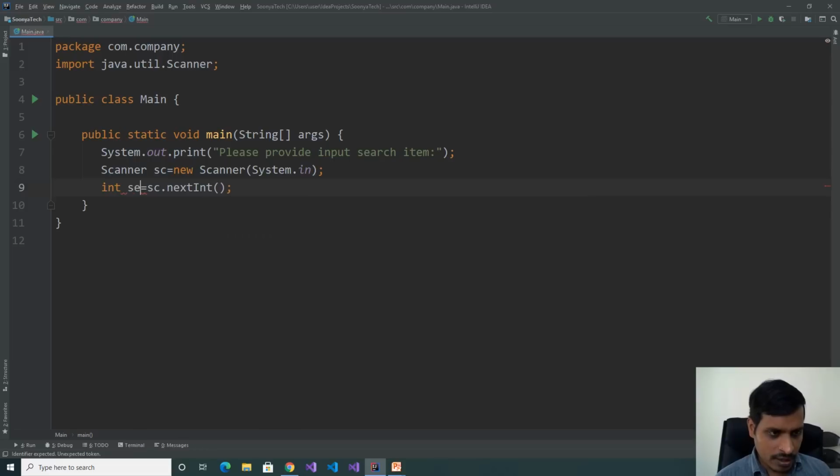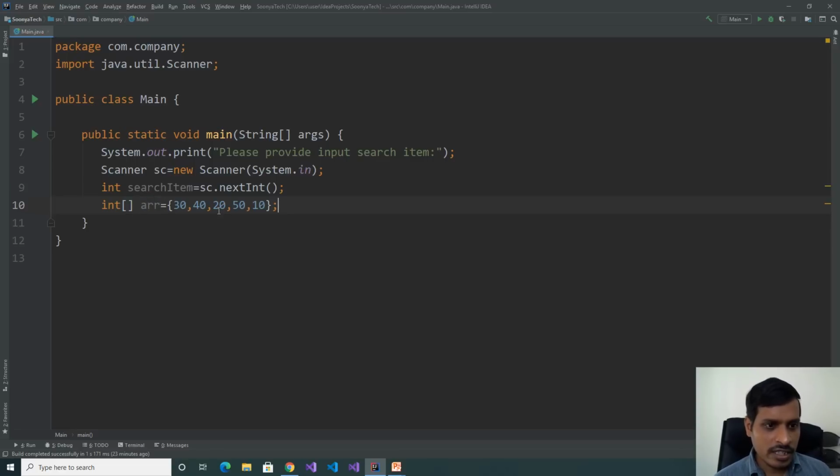int searchItem. Declare an array: int arr equals 30, 40, 20, 50, 10. Here we are storing these values inside the array.